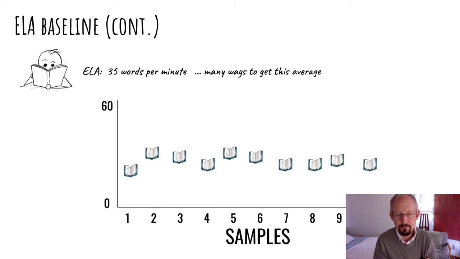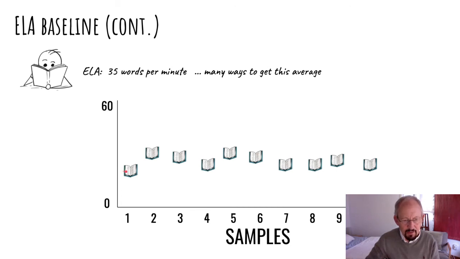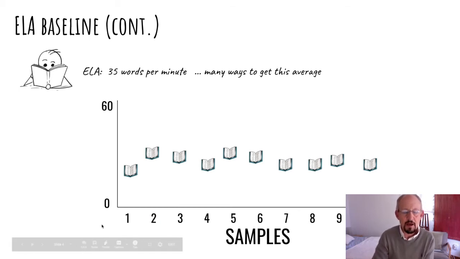Okay, so with an example like this, I've got some variation here, that goes somewhere down here around like 30 maybe, and then comes up here to maybe like 40, and it's bouncing around between the 30s and 40s. So on average, if we just draw a line through the average of this, we'd get to about 35, okay? But let's imagine a very different kind of sample, a baseline sample, where we get a very different kind